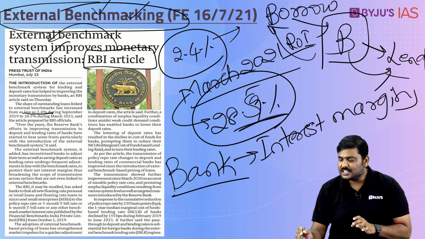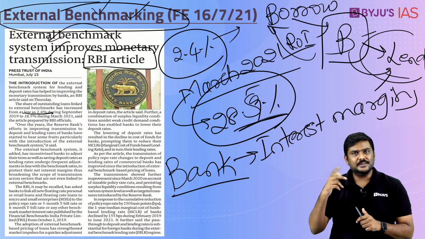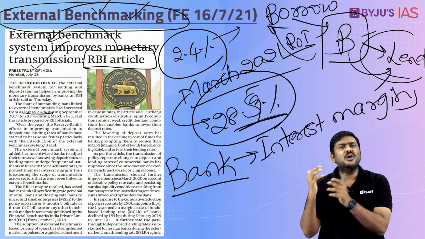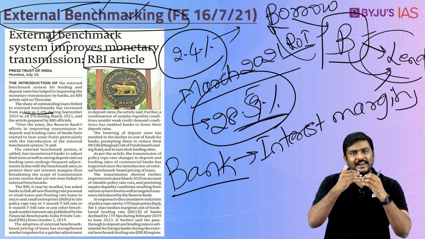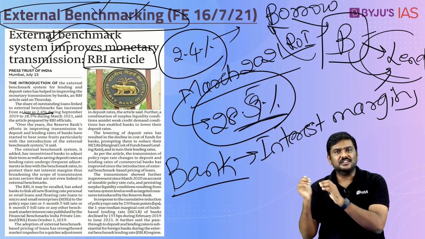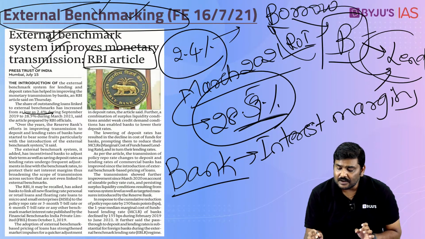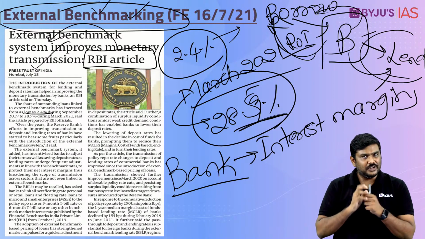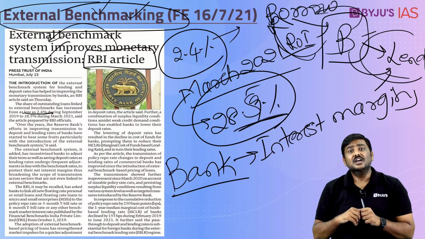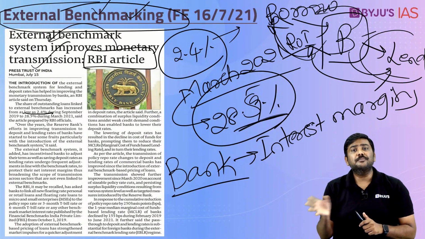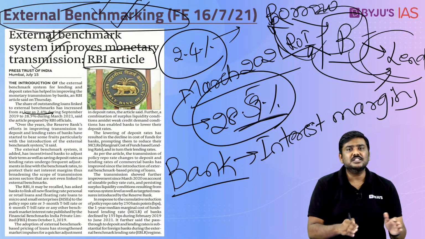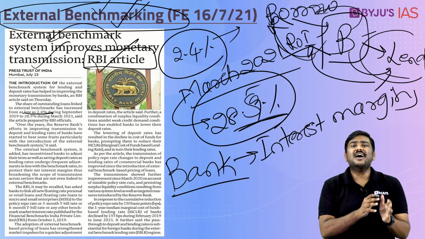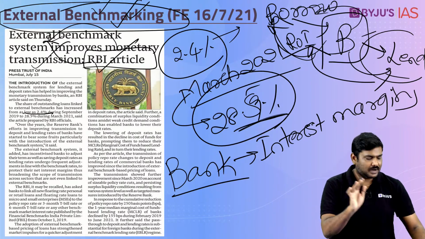And in recent times, these particular lending rates have become very volatile for a simple reason. RBI has been fluctuating the policy rate, the repo rate; there has been volatility because RBI has been changing this. As a result, the banks have also changed the interest rates that they are going to pay on these particular kinds of deposits, which is nothing but a part of borrowings. So in essence, there has been a better monetary policy transmission because of external benchmarking introduced by RBI. So this is just what the RBI article speaks about external benchmarking.